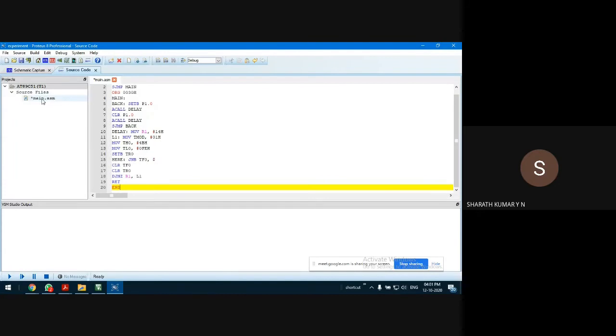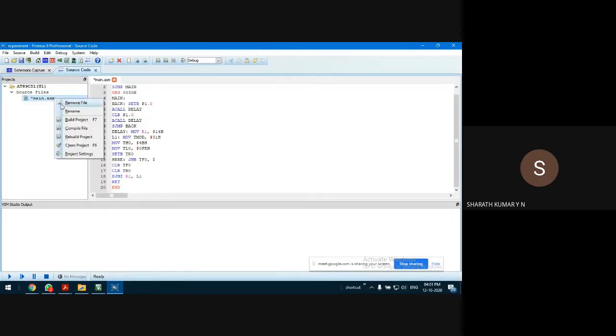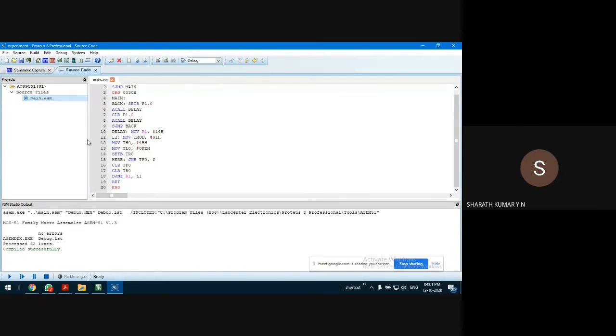So for that, what is the procedure, guys? Right click on source code. There is main.asm. Since our program is assembly code, .asm, if it is a C code, you have to rename it to .c. Since it is assembly, I'm not changing the file name. Right click, compile file. This compiling of the file helps in generating the source code.